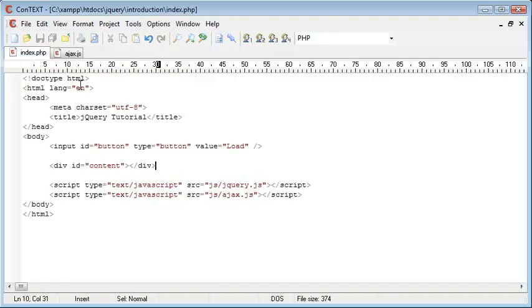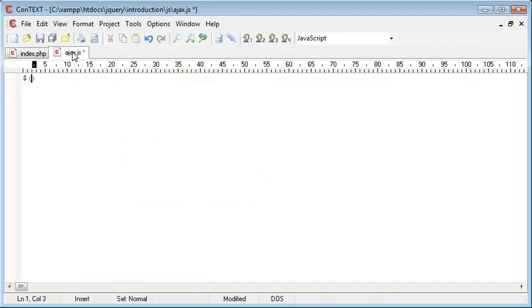Now we've called our button, so we know that we can reference that in here using a selector. So we can say button, and we're going to say dot click, and then we're going to create a function inside of here with a block as we've done before. I'm going to bring this down, and inside of here we're going to create the AJAX request. So it's $.ajax, and then in brackets we're going to go ahead and send multiple parameters to this. So let's go ahead and create some curly brackets inside here, and we'll just bring that down so it's easier